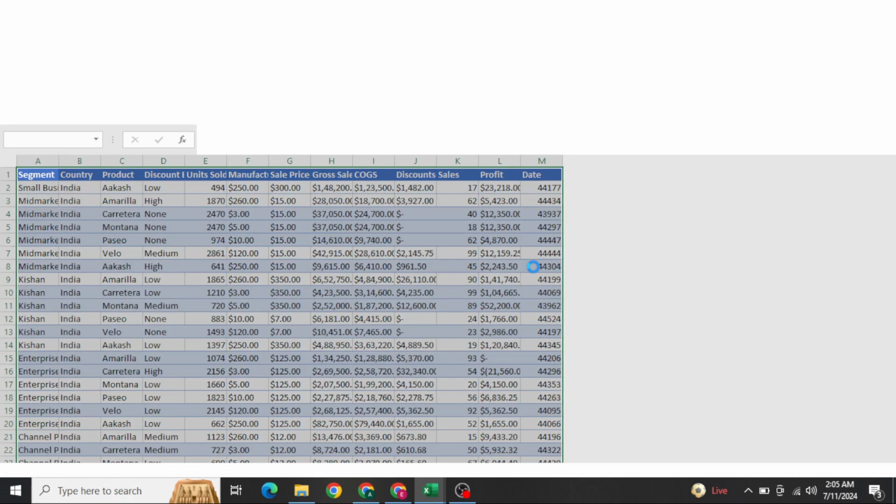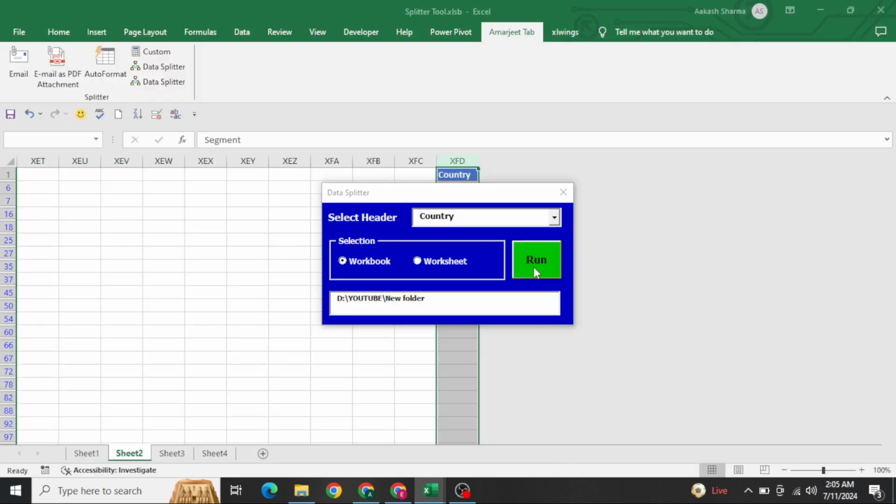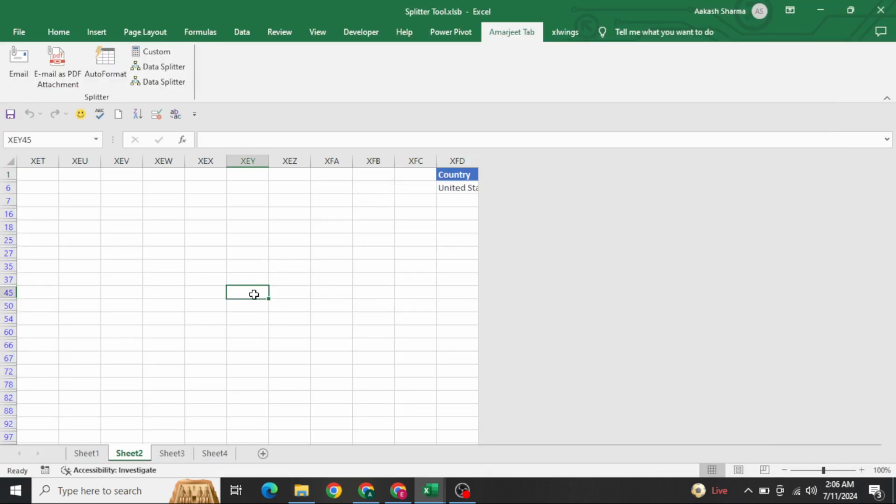So guys, you can use this particular user form in your daily work. This will help you a lot, and it will help you close your daily tasks faster. So now we have done it. Now let's check if it is done or not. I am just opening it. Okay, done. Remove it and come here.